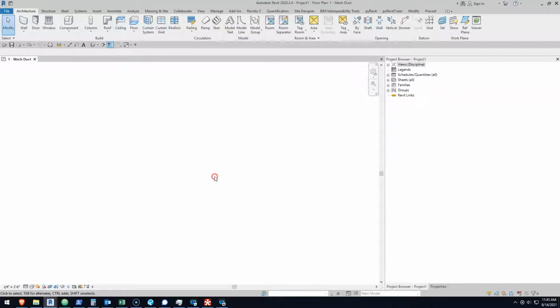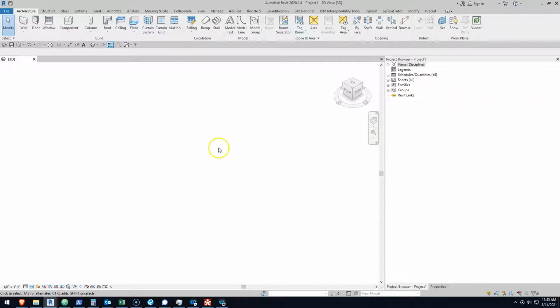So I'm going to try to keep this video short and go over the basics of Revit, really the basics. But essentially, Revit is a database that is tied to a three-dimensional space. So Revit starts off blank. There's nothing in it. The way that Revit works is that you need to tell it what you want to